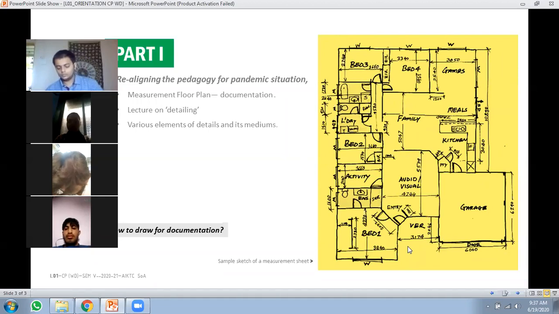So that is going to be your first assignment, which is the plan of your own house. It's a single floor plan, not a multiple floor plan. You are just looking at it from the aspect of documenting it. So this is the first stage where you're documenting it, and right now we are just using SketchUp. How many students know AutoCAD here?